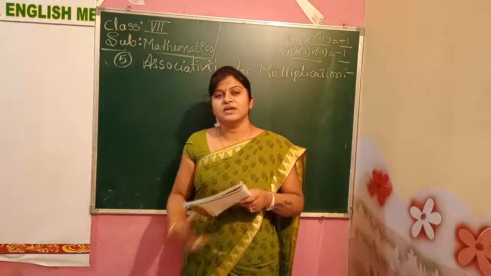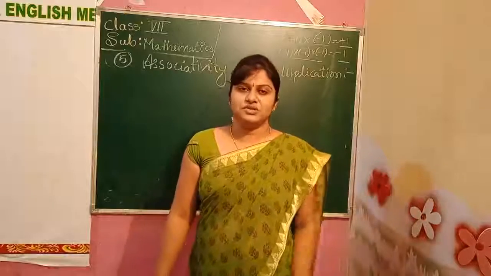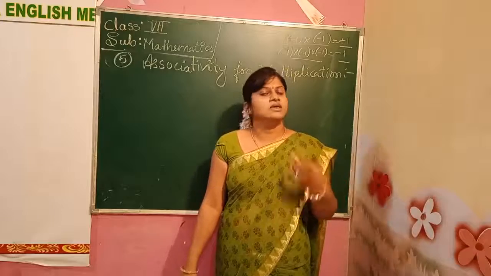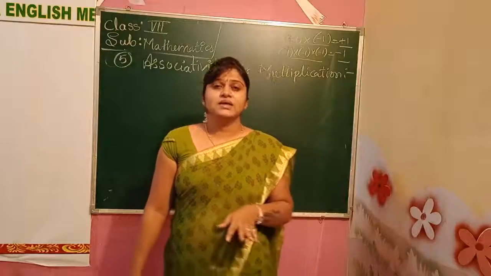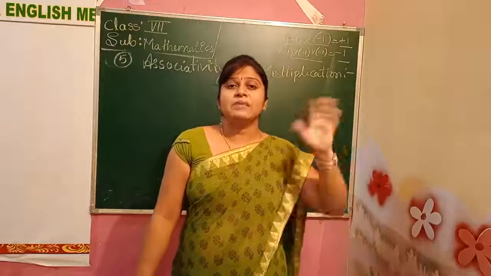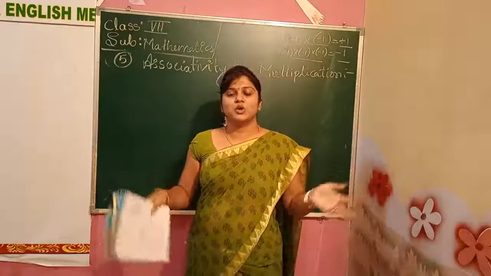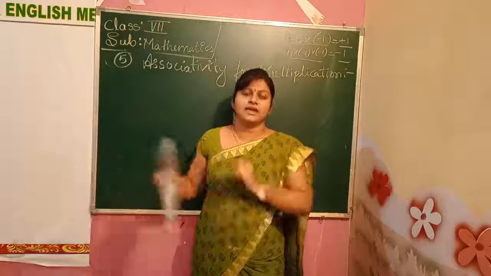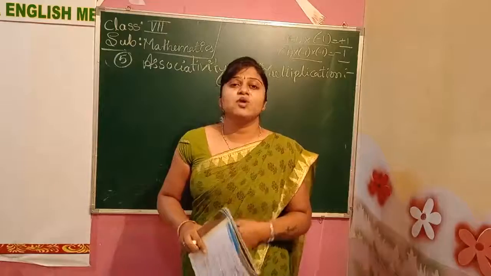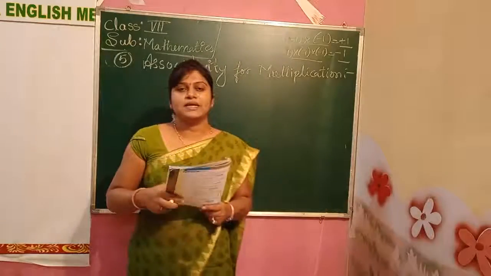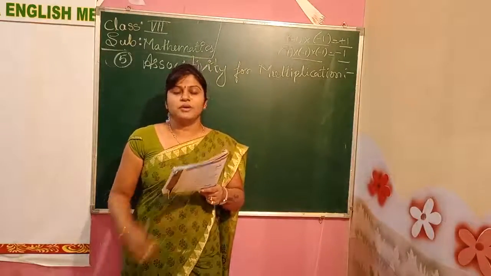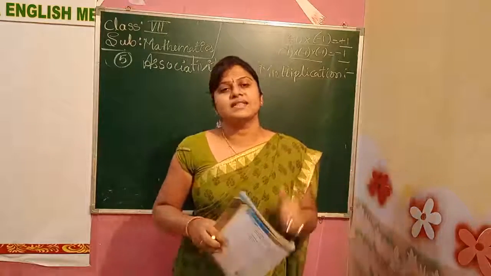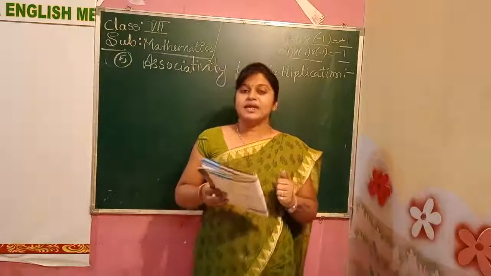Why do we get a little difficulty? Because when we have 3 different integers, if they are single digit numbers, that will be easy. 3, 2, 5, easily we can do. But when we have 3 numbers, we can make a group. After getting the group answer, we multiply with the other number. That is called the associative property. We are just grouping the numbers and getting the answer.